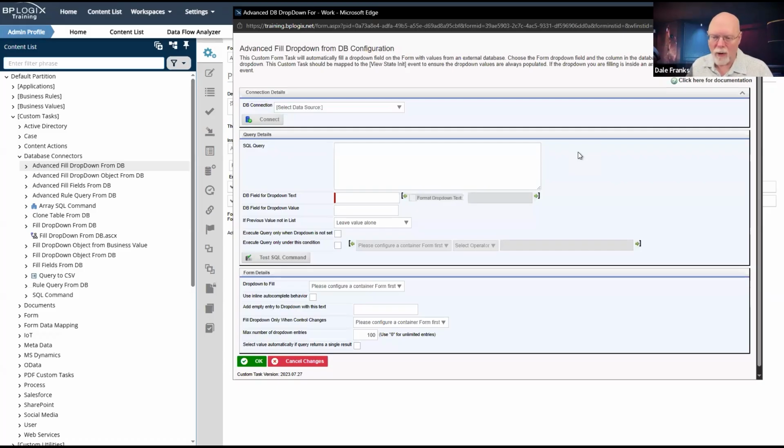So if I pull some database data from a business value, once I have it, I can use it in every single form that I create. I just call that same business value. It returns the same data to me. It's reusable over and over. Custom tasks aren't, which is one of the reasons why we created the business value in the first place, to eliminate the tedium of having to recreate this same custom task 10 times.